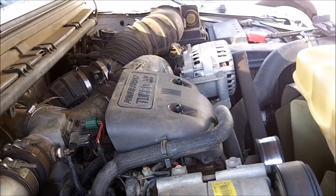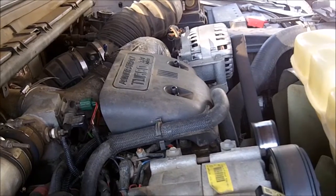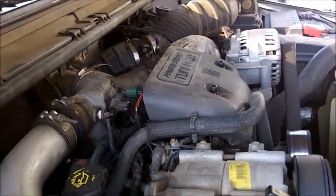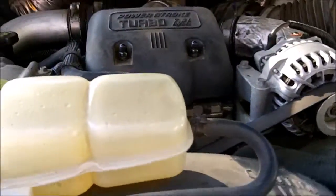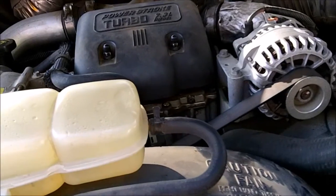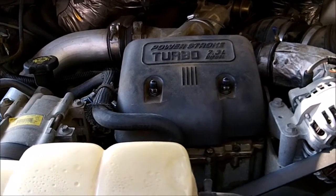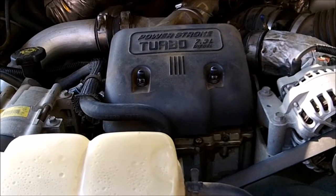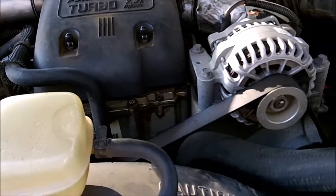Hi, Mike from Mike's Fuel Parts here. We're working on a '99 F-250 Ford with the 7.3 liter diesel Power Stroke. It has this problem where you're going down the road and all of a sudden it accelerates on you. If you hit the brake a little, it slows down again, but there's a sensor on here that's